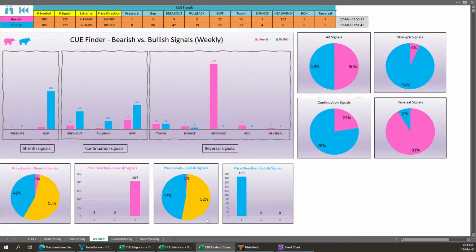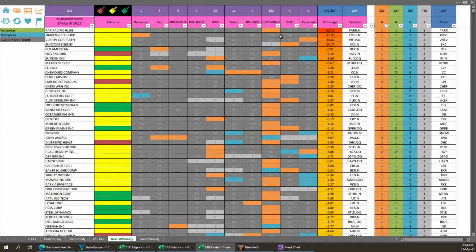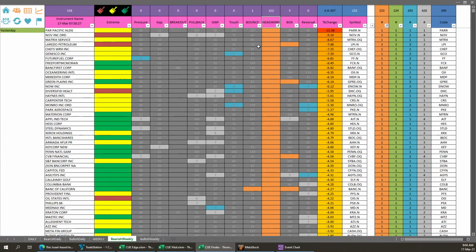Now let's look at some of the other stocks. These 152 stocks are displaying a bearish headwind. Many of them, let's choose 10. Okay, let's flag the bearish headwind column. 152, let's choose 10. 1, 2, 3, 4, 5, 6, 7, 8, 9, 10. And let's look at them